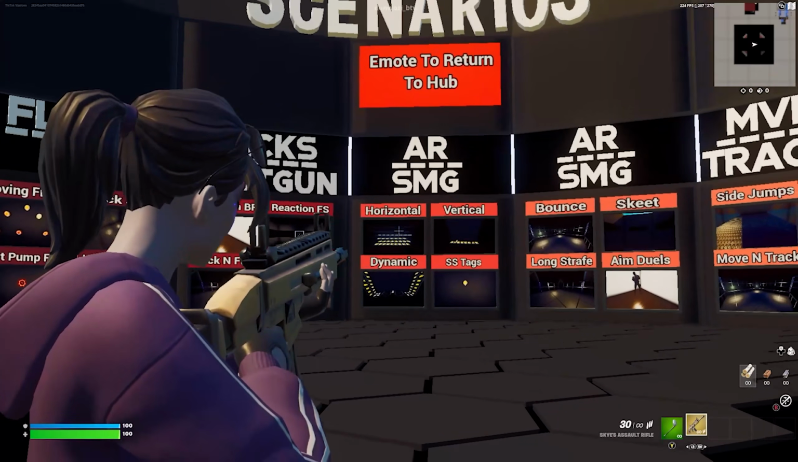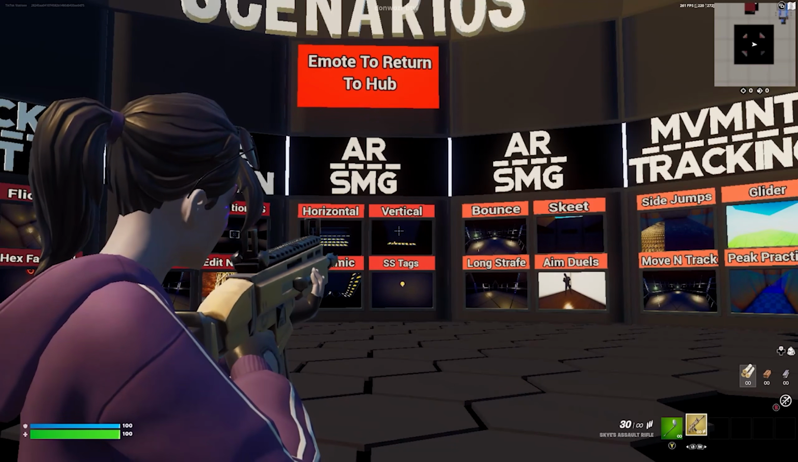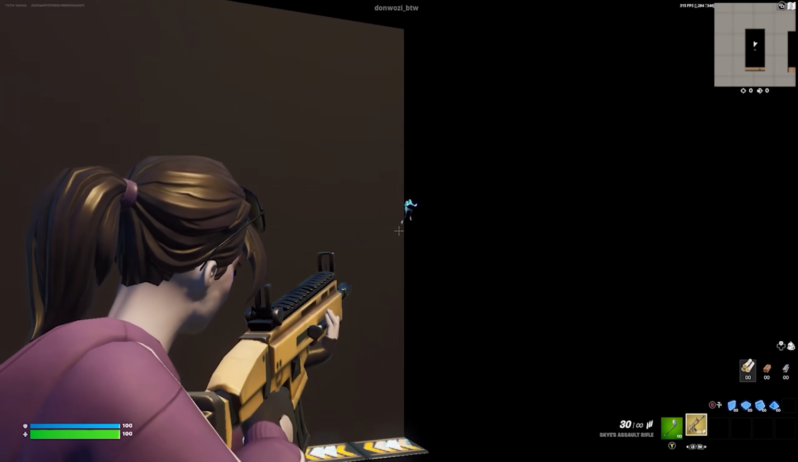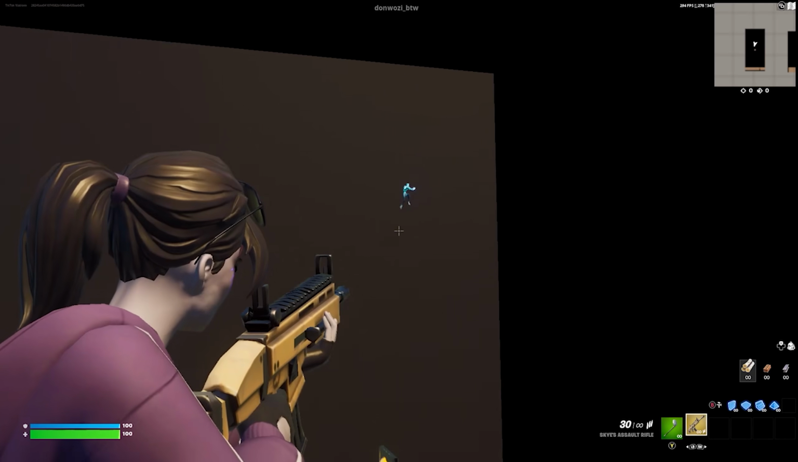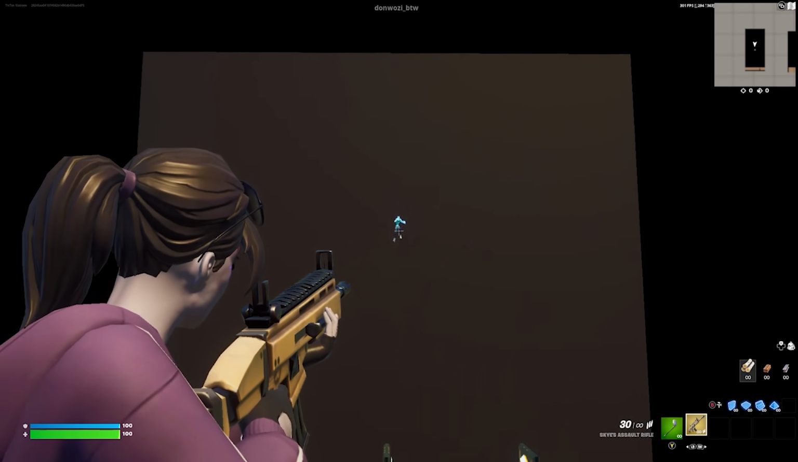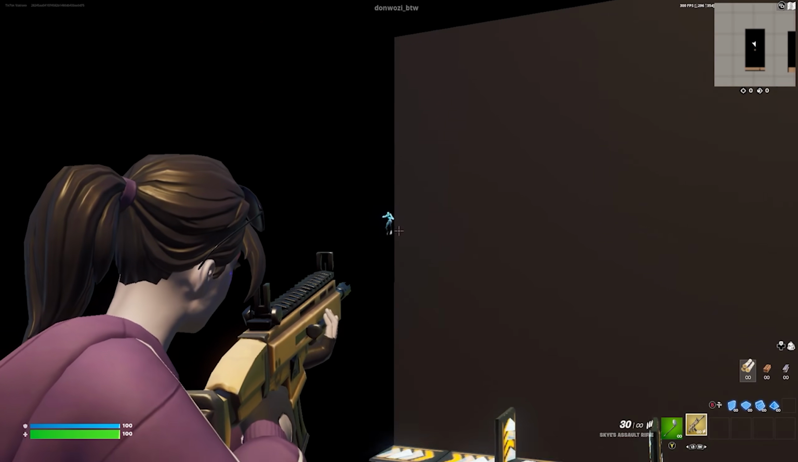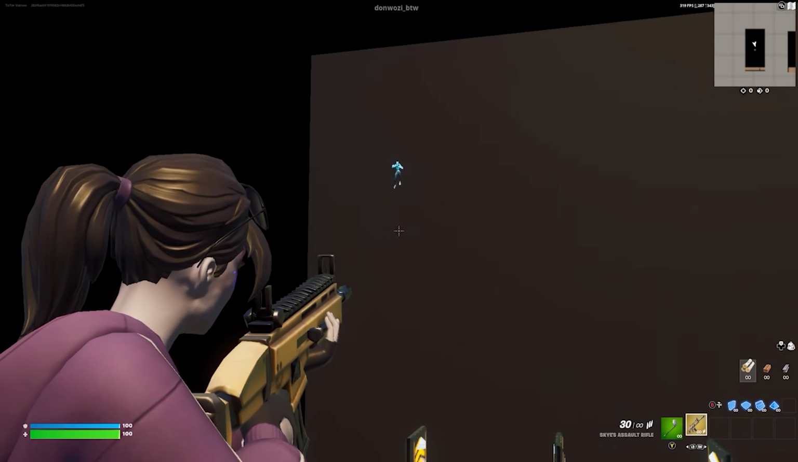sensitivity. So just like we did with the horizontal one, we're going to go ahead and load into the vertical one. And the exact same thing we did for a horizontal sensitivity applies to the vertical sensitivity. You're not going to shoot the bot at all, and instead you're just going to track it just like this. Just like with the horizontal tracking, if you're constantly below the bot, that means your sensitivity is too slow and you need to raise it. And if you're constantly ahead of the bot, that means that your sensitivity is too fast and you need to